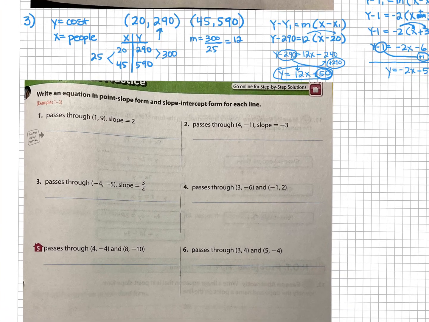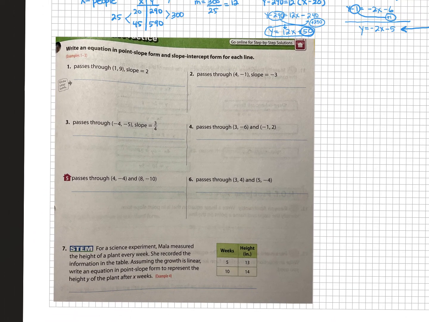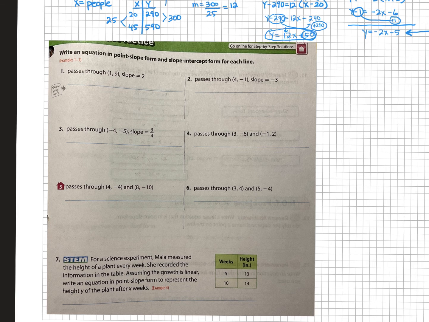So your homework, and I'll do these later, is can you do problems 1, 2, 3, 4, 5, and 6? Again, you're going to use y minus y1 equals slope times x minus x1. And if they give you the point and the slope, just plug them in. If they give you 2 points, like in numbers 4, 5, and 6, you're going to have to find the slope first from those 2 points, and then you're going to have to turn them into